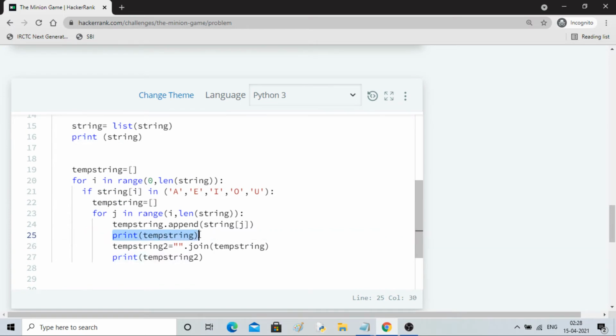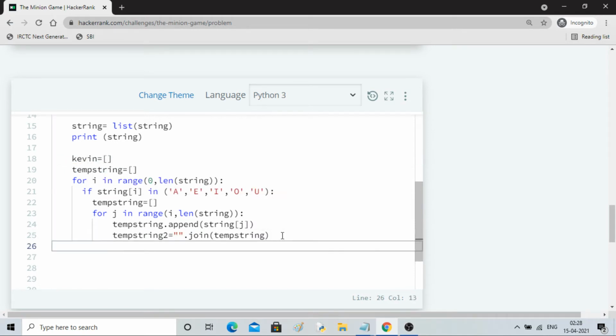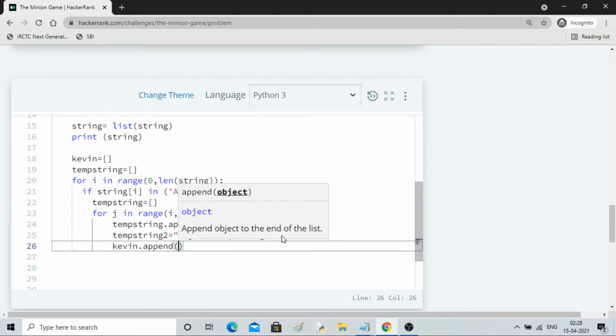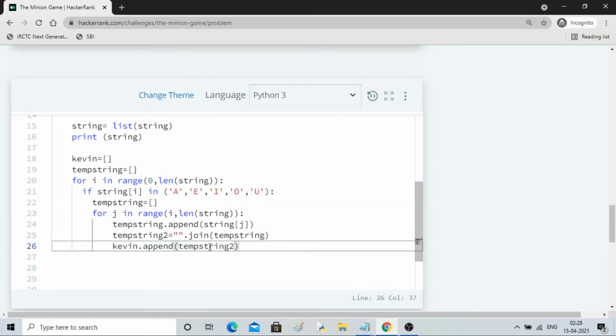So I can remove this, and also this I can remove, and what I can do is append it to something, these are Kevin's words, right? Kevin I'll define, and I'll append it to Kevin, dot append, what, temp string 2, I have to append.